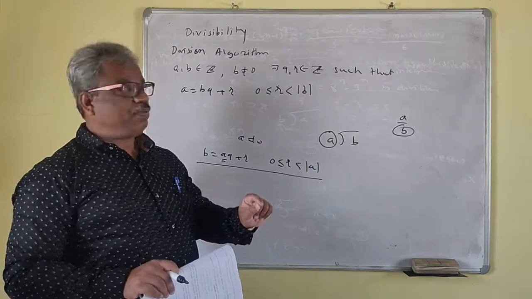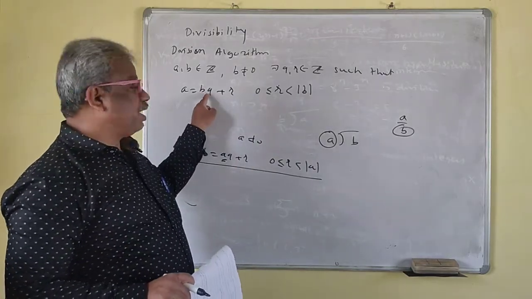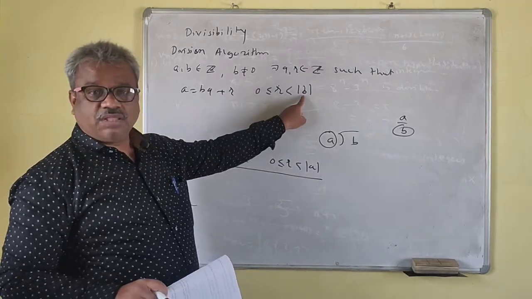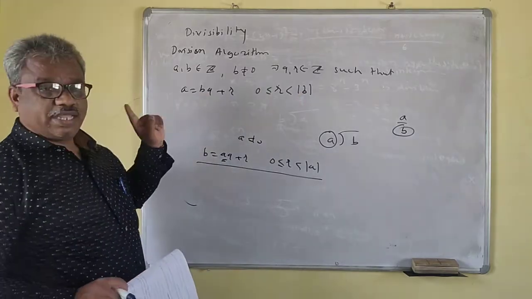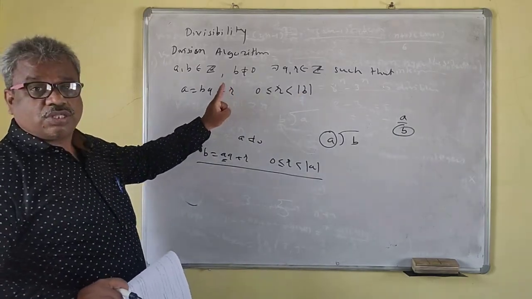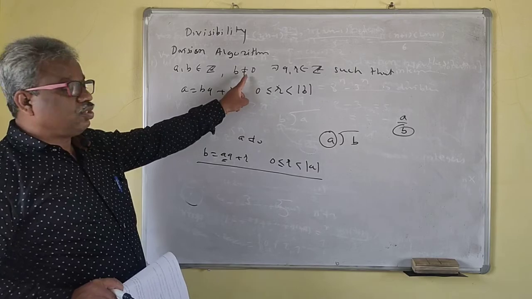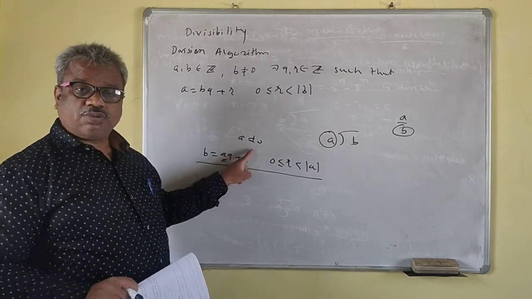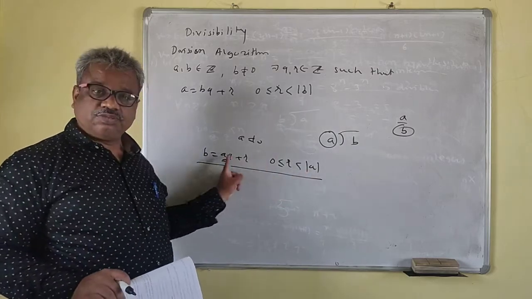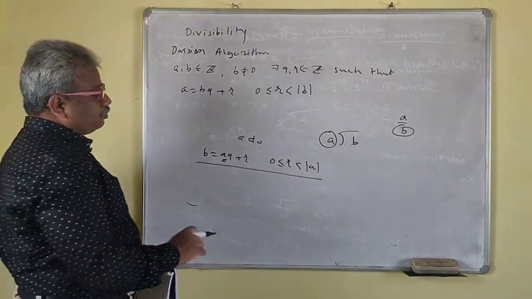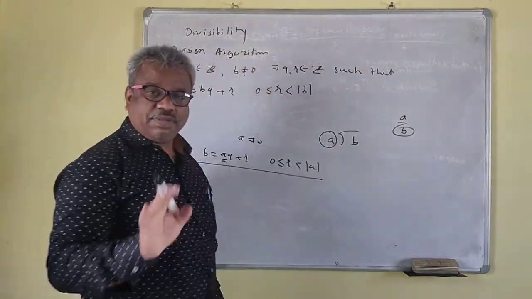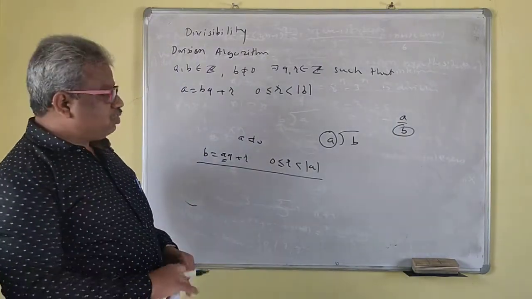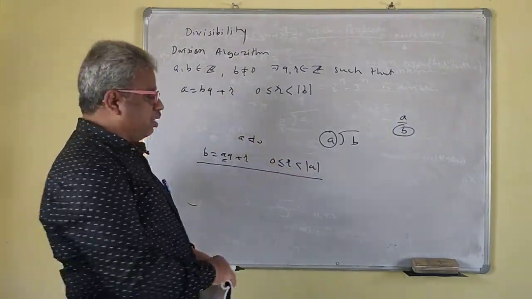So b is not equal to 0 means you are dividing by b. So b is here and b is here also. So a will be single then. Whichever number is given as not 0, it should be there two times. So here a not equal to 0, it should be there two times. Note that. So you are applying the division algorithm, where you get the quotient and remainder.